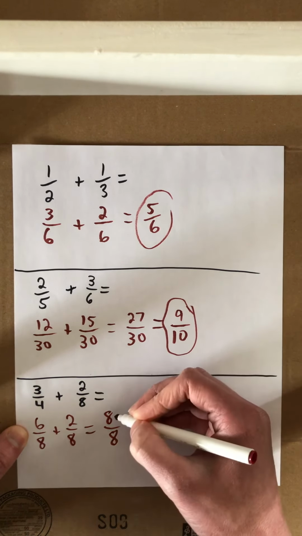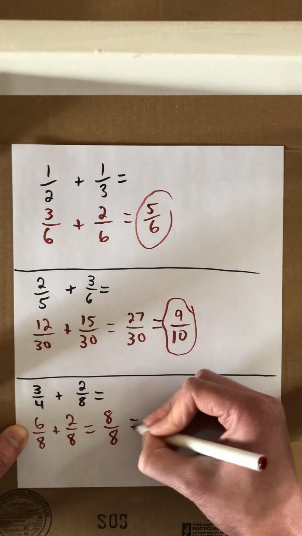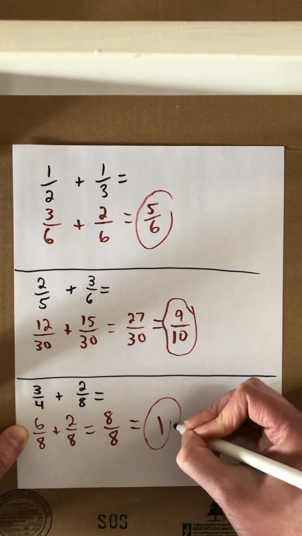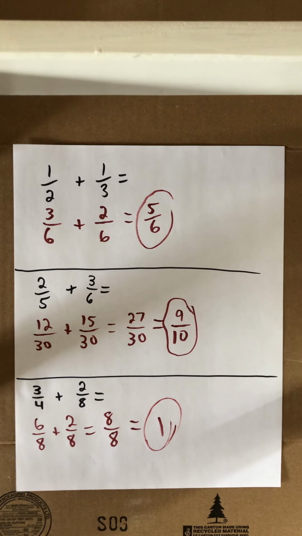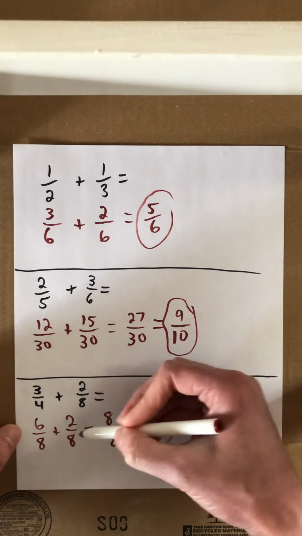That if there was 8 slices out of an 8-slice pizza, that means that the whole thing is there. So that's just one whole. Just one, basically, is the answer to it. Now, some of you might be noticing that rather than changing both of these to be out of 8, I